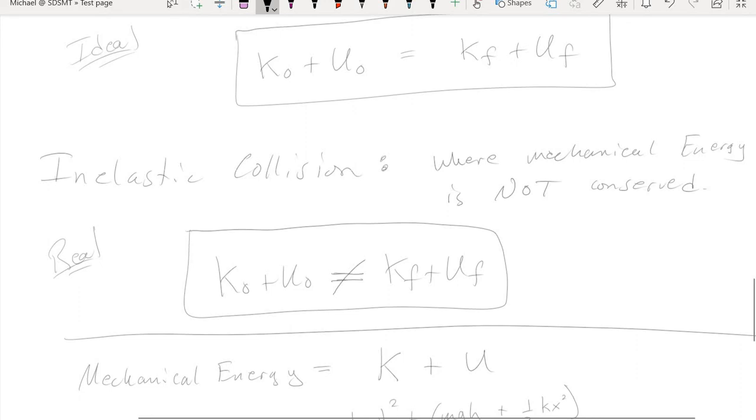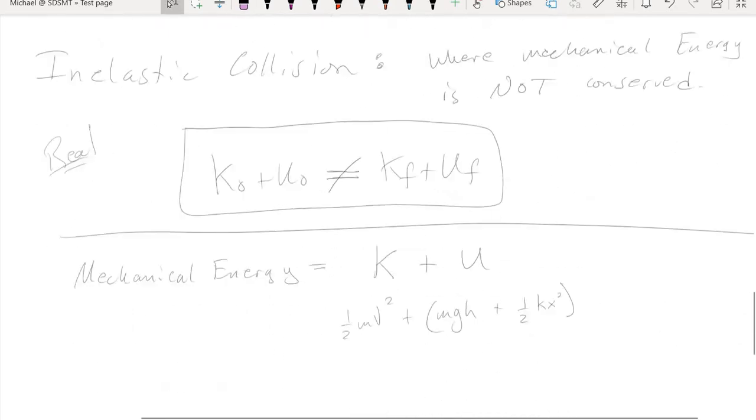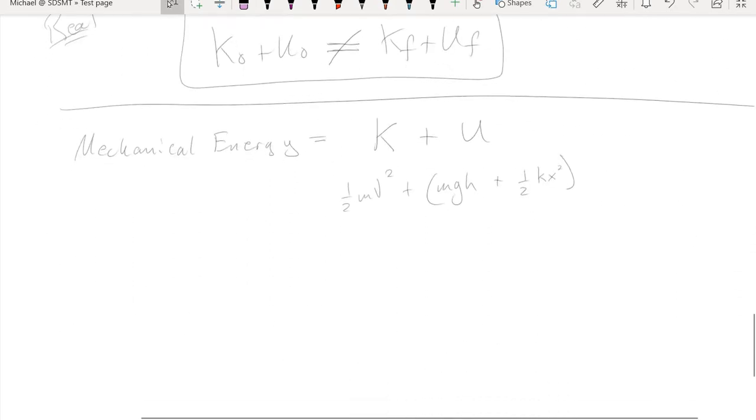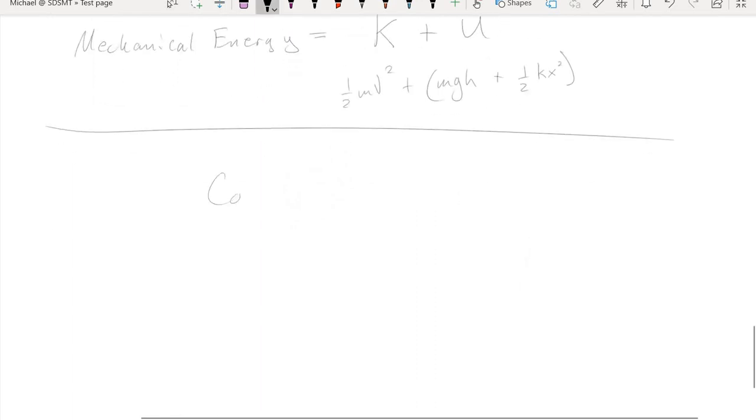With inelastic collisions, we basically have to abandon the idea of conservation of energy. And I don't know about you, but I really like that conservation of energy stuff, because it meant that we could do a whole lot of the physics without having to deal with the vectors. But if conservation of energy is not going to work for us anymore, then what are we supposed to use? Well, we're going to use conservation of momentum,